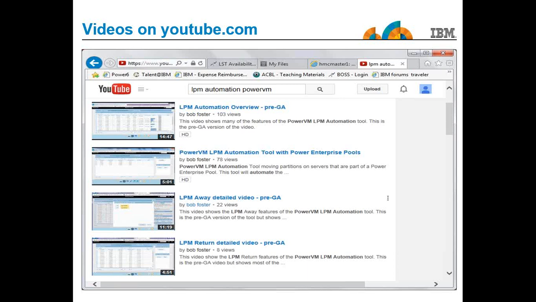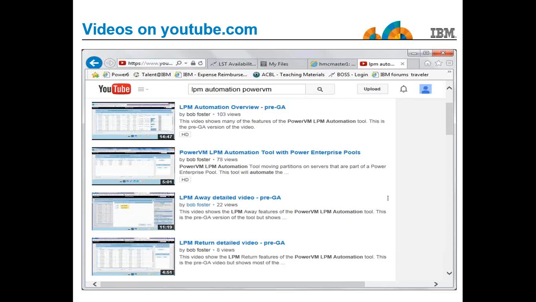I hate to say it, I can hardly sit through my 14-minute one. It took a long time to make, and it does take some time to sit there, but you really do get a great view of a lot of the features. In here we also have a video of how to do Power Enterprise pools, Joe, which was the question you just brought up a second ago. So that's a tool out there.